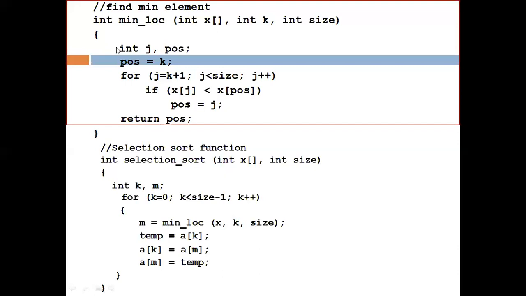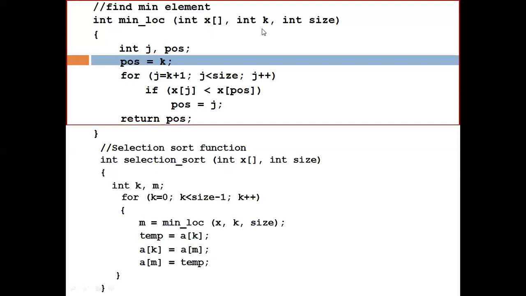So let's understand this min_loc function. This is returning an integer value, so that's why we have taken the integer return data type, and it is returning the index, the position of the array where the minimum element is stored.